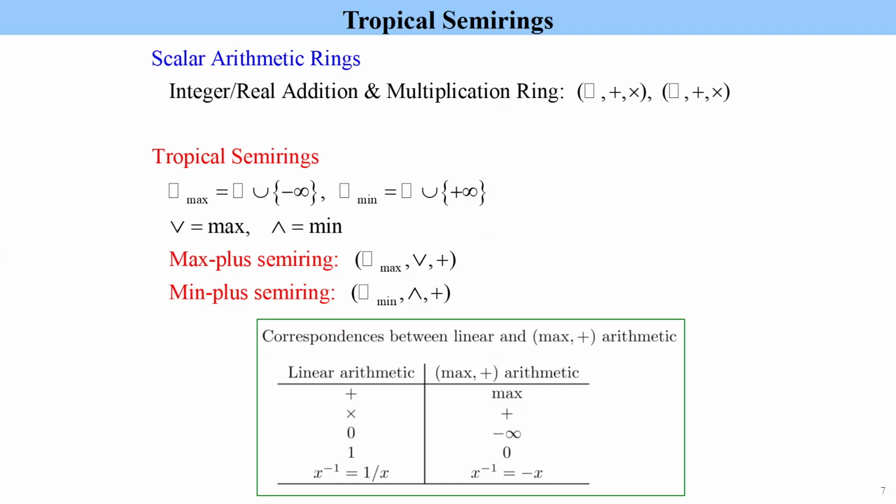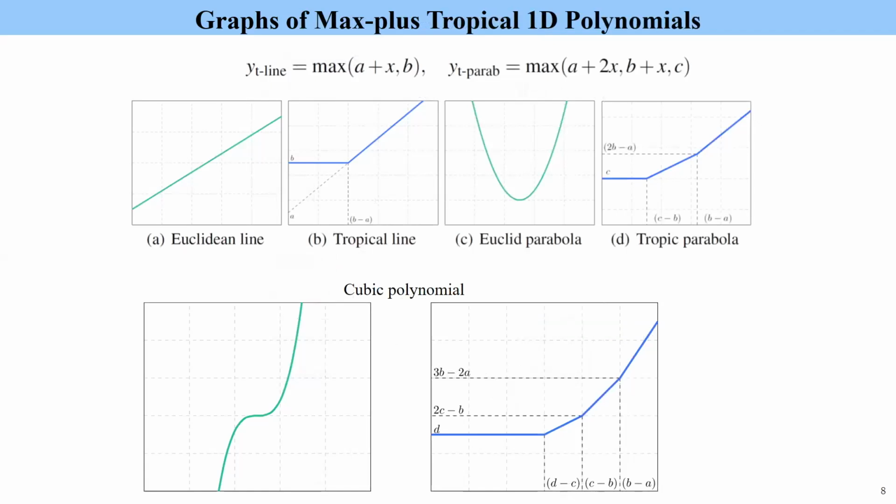So we replace the traditional real addition with max or min, and the traditional multiplication we replace with addition. So this is called max-plus and min-plus. They are dual. So these are two tropical semirings, and if we, let's say, take some classic Euclidean curves, like all the green